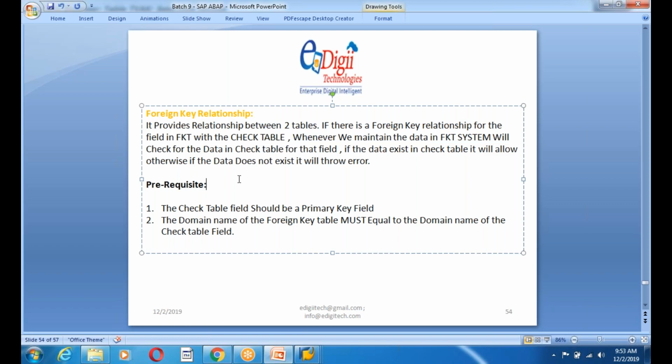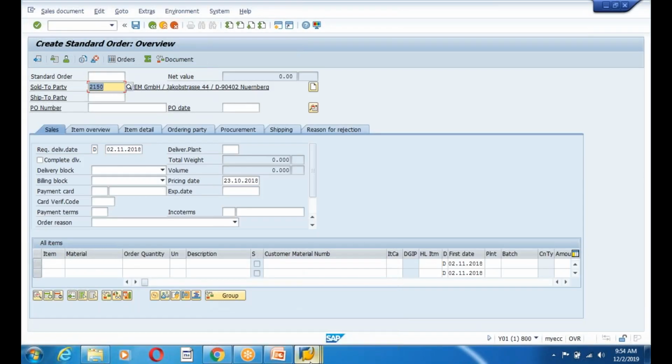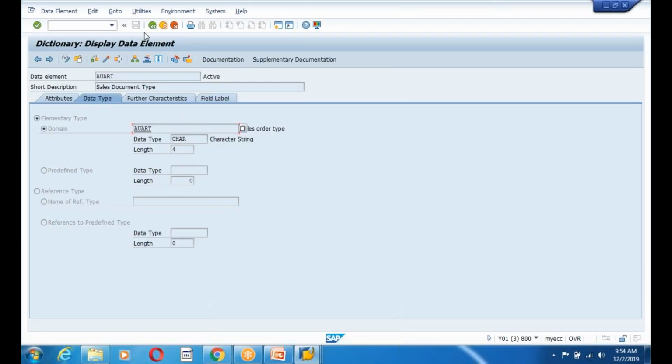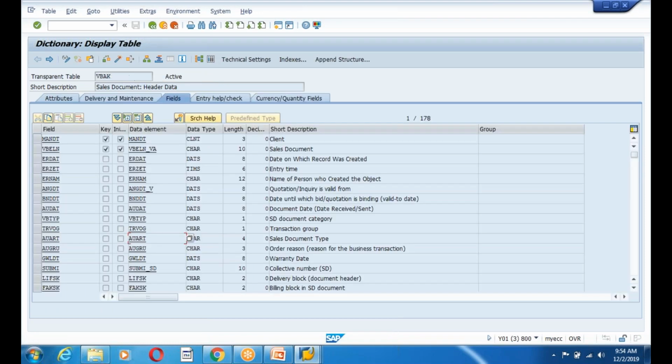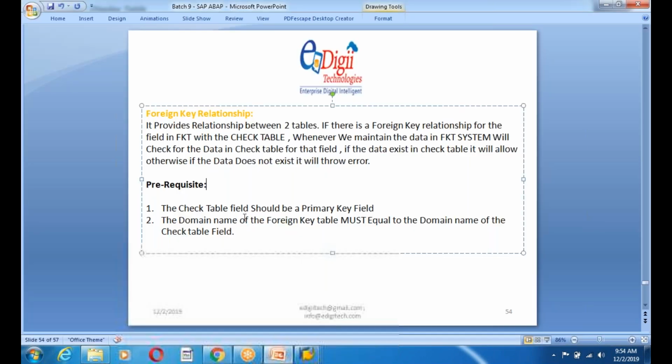It provides a relation between two database tables. Here in my case, VBAK and TVAK, not VBAC. So here in my case, it's an order type. I am checking with only order type. Okay. First, I will give you a pictorial diagram.